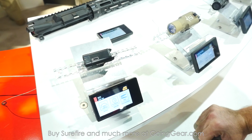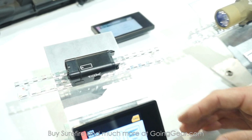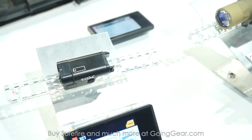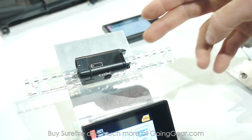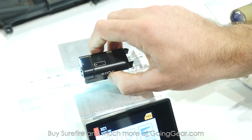And this is a super exciting little product for us. So this is the new compact pistol light. This is the XC1. It uses the same faceted 10mm reflector that you saw on the 2211s and the Titans. It's one AAA battery. Activation for this is pushing momentary on both of these switches, and then there's a rocker bar for constant,